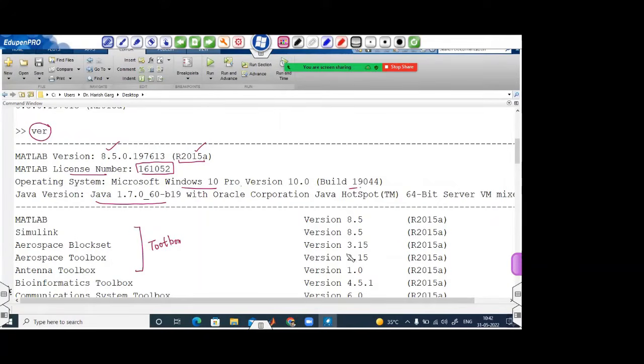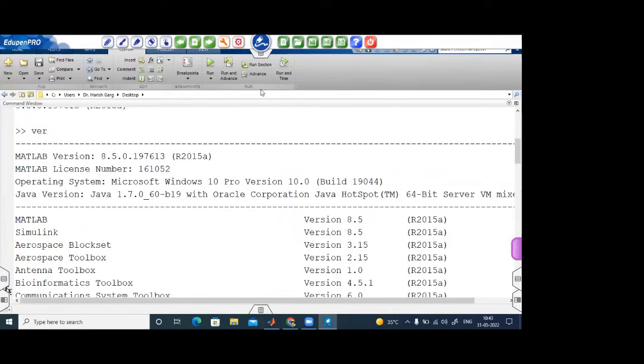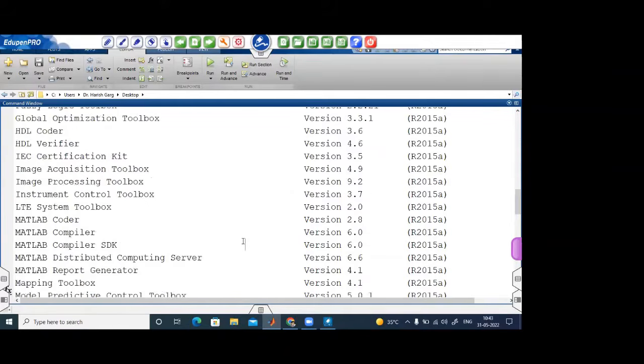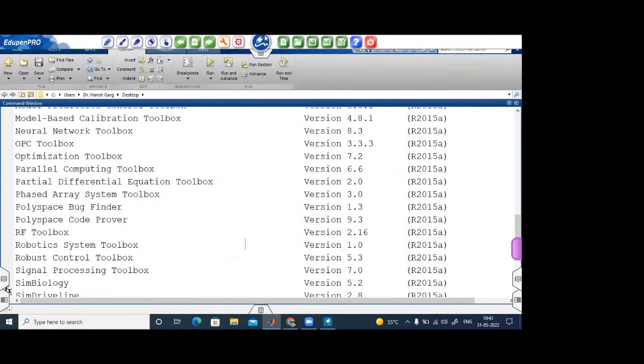So these all are here, version 3.15. I'm using Simulink, Aerospace, Antenna, Block Design, and many more. So this is the simple syntax about that. Now, once you know about their features, since there is so much data seen on your screen,